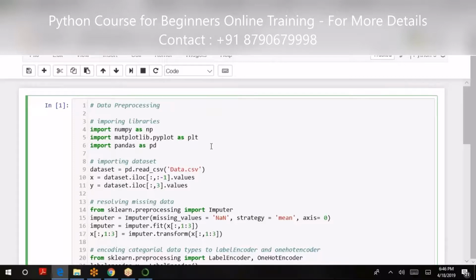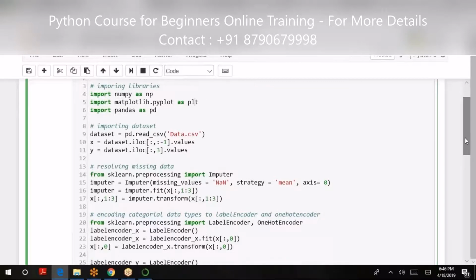Your data may be text files, Excel sheets, Word files, or Notepad files, and you can import your data in whichever format it is. Here I am importing my data, which is a CSV file. I can directly give the file name data.csv and it will be incorporated here.